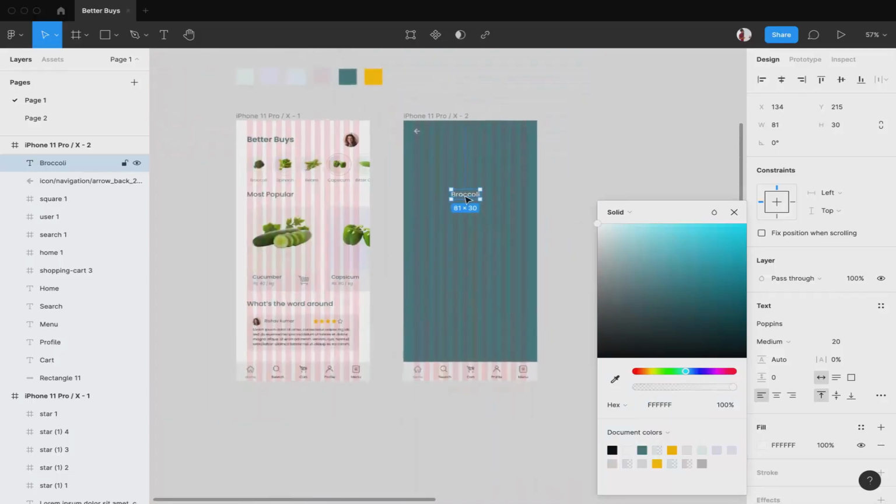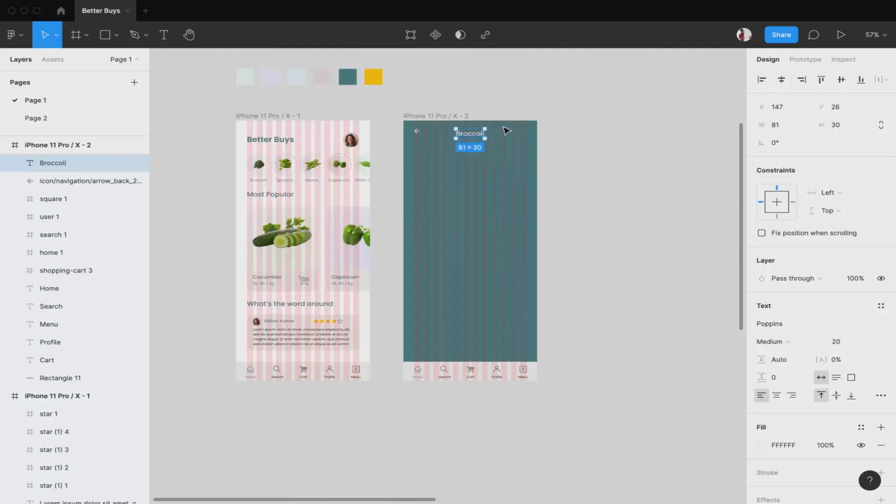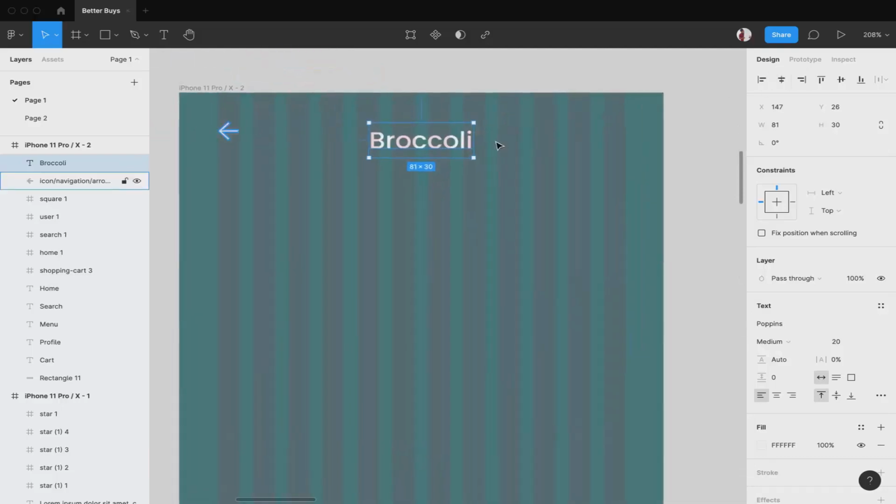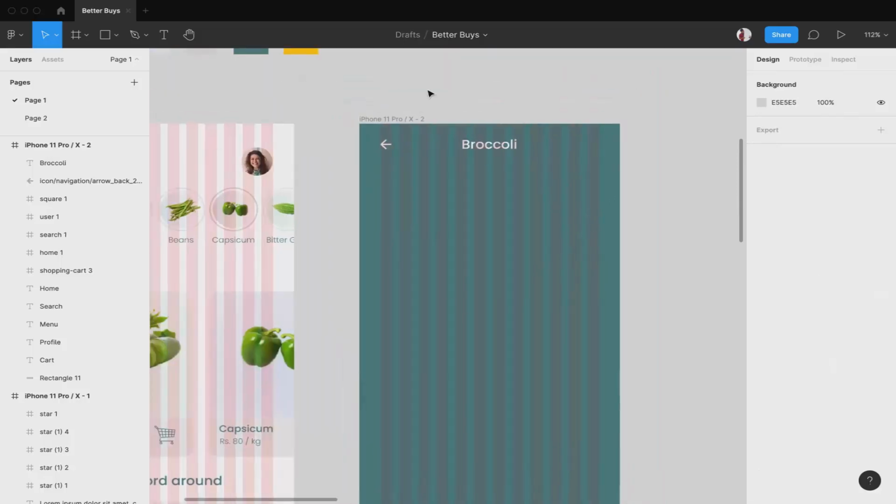Now this should be in the center, so I'll bring it over here. To make it in the center, I'll simply click on this and it will be in the center. Now I just need to match these two, so I'll shift it a little bit upwards, and then these two are on the same line now. So now let's proceed.